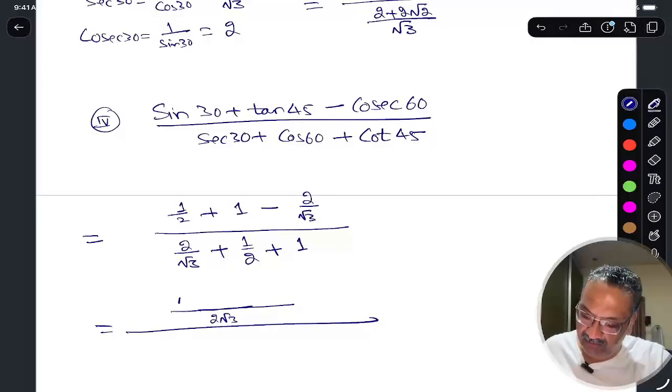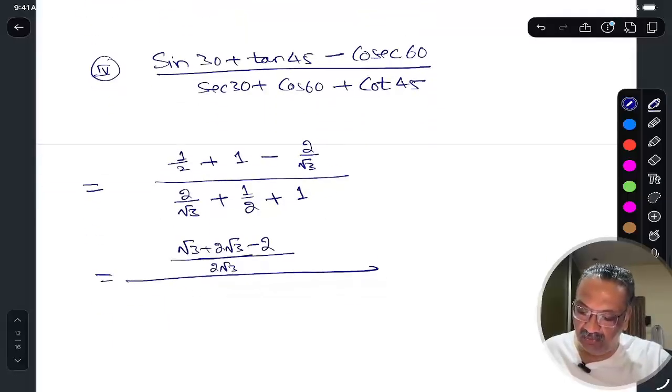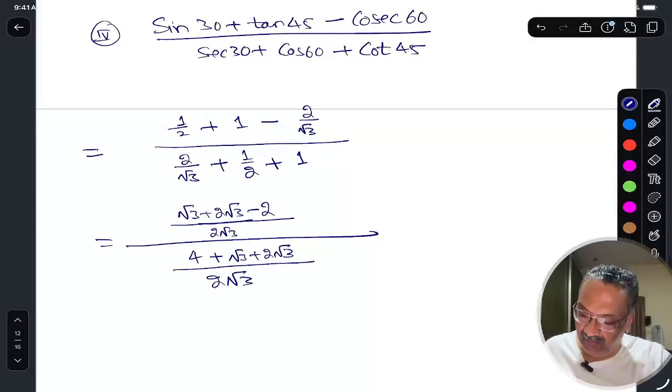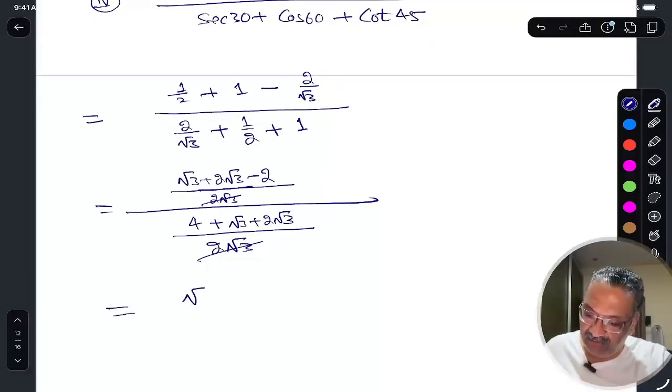So this will be root 3 plus 2, root 3 minus 2. Similarly, the denominator LCM will also be 2 root 3. So 2 into 2 it will be 4 plus root 3 plus 2 root 3. In both sides, 2 root 3 cancels. So what you are left with is root 3